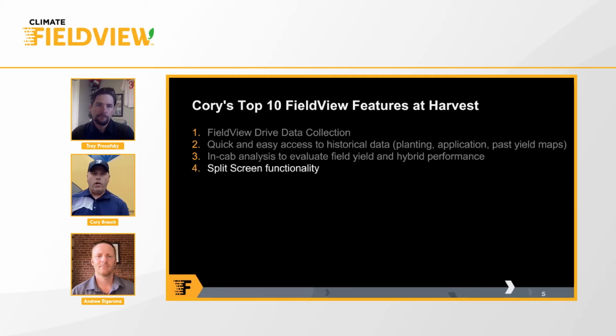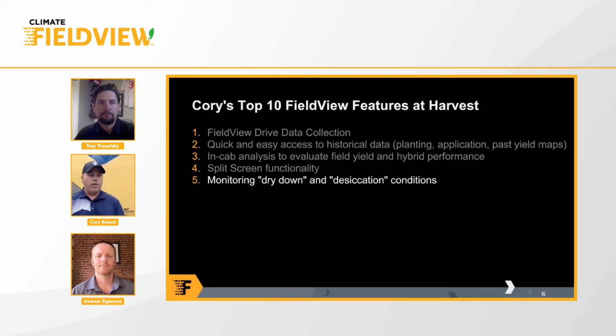Number four is split screen functionality. This plays back to points 2 and 3, so we can actually see some of this data in a split screen. It's a very useful function. I use it real time in the cab, and I use it in the off season in the office. We're always wanting to look at split screen, maybe yield versus variety, yield versus population, basically yield against any trial that you've done on the farm. Fungicide trials are big, but it allows you to see that data in real time, as we'll show you maybe later on, actually in the cab while you're working.